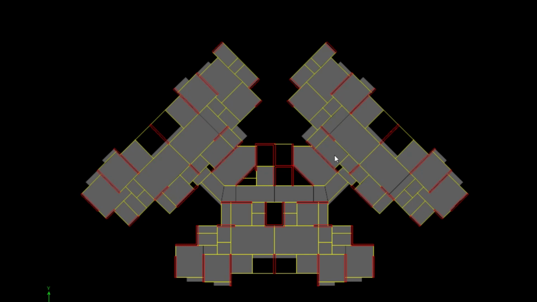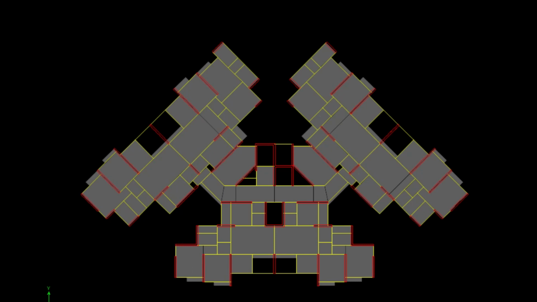For frames in this direction, that 100% plus 30% may not be truly conservative. In such a building, there are a number of frames which are non-orthogonal, and the inclination of the major portion of the lateral resisting frames is around 45 degrees. In such a situation, the 100 plus 30% rule may not be conservative, and we would suggest going for SRSS rather. SRSS will be truly conservative in such cases.